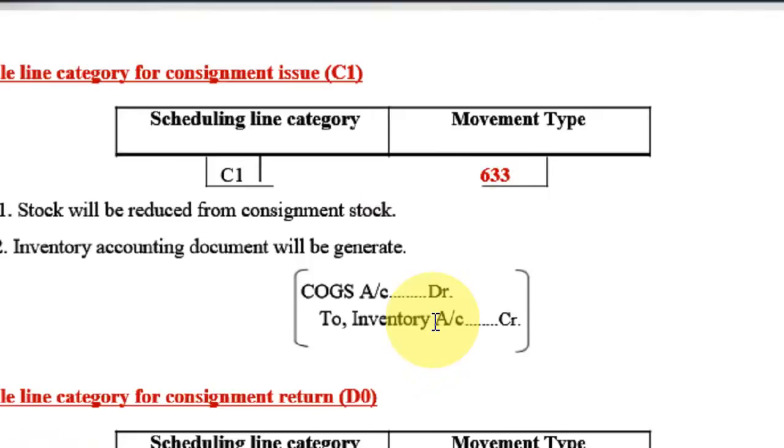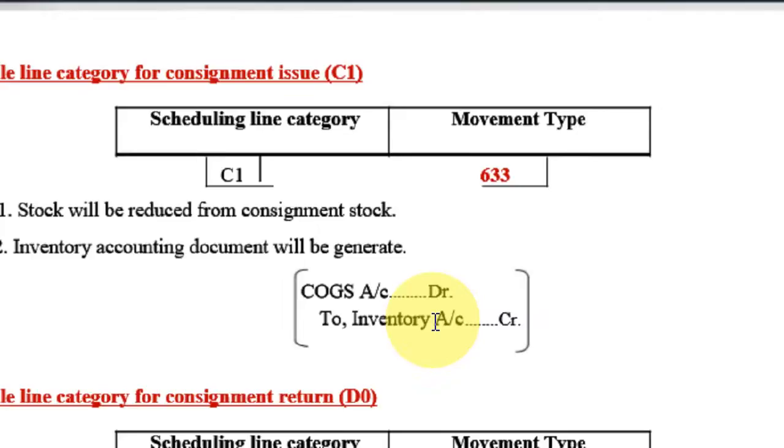Actually, we will create it as a plant or depot, the CSA. Why? Because without an excise invoice, we cannot move the goods out of the plant. And we are not selling these goods to anyone. So what we will do is raise a pro forma invoice and move the goods out of the premises. Why? Because if we show them as a customer, that means a saleable commercial invoice.